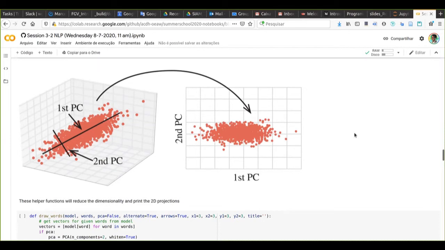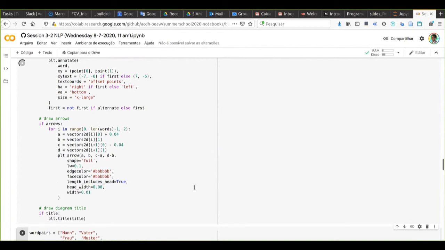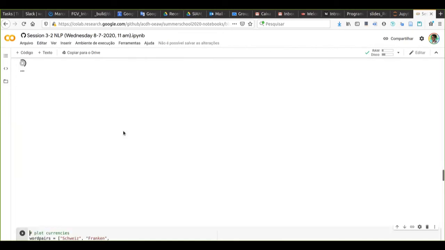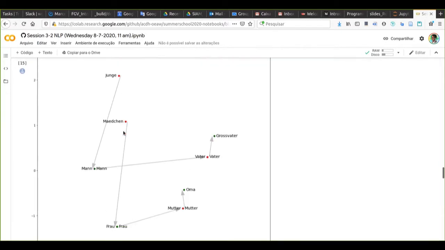What would be a projection? Let's suppose I'm looking at a 3D space from one side. I will project this space onto a flat surface, and I will see the results. So now we can run this code and choose word pairs. Let's see what the spatial relation between words is. It's interesting because